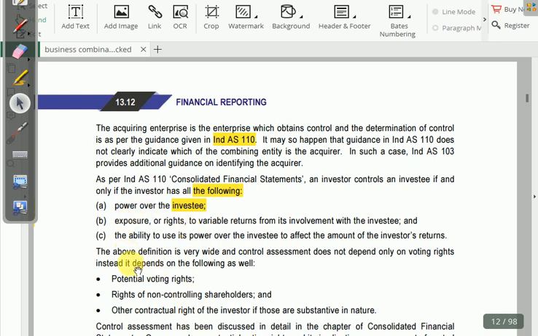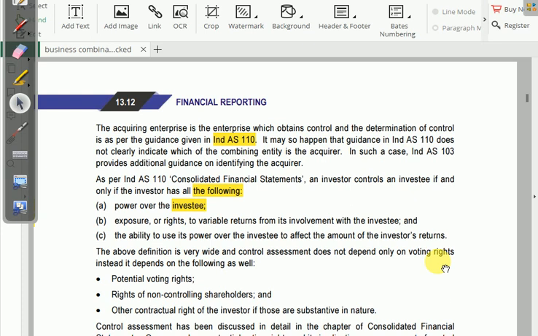और जो लास्ट है, and is the ability to use its power over the investee to affect the amount of the investor's return. और आप उस कंपनी में इन्वॉल्व तो हो गए, इन्वॉल्व करने के बाद आपके पास पावर भी है, और पावर का इस्तेमाल करके आप अपना रिटर्न ऑन इन्वेस्टमेंट हमेशा बढ़ाना चाहते हो, और बढ़ाने के लिए आप अलग अलग डिसीजंस लेते हो, इस जगह पे इन्वेस्टमेंट करना, ये बिजनेस, इस कस्टमर को उधारी पे देना, इसको नहीं देना, वगैरह सारे डिसीजंस आप इन्वॉल्व होके लेते हो